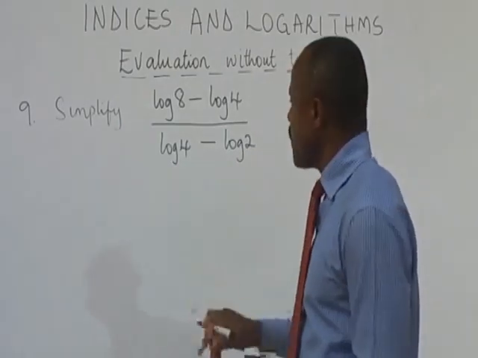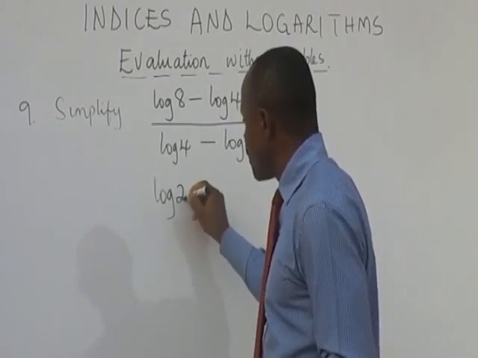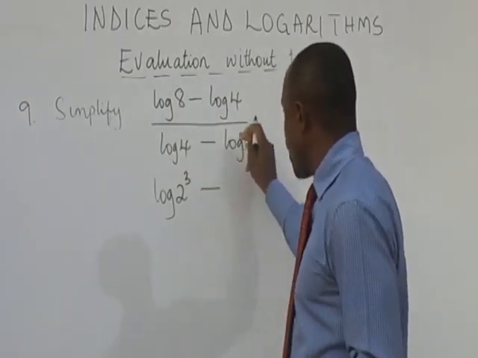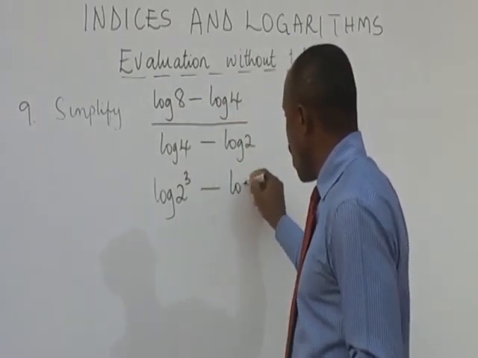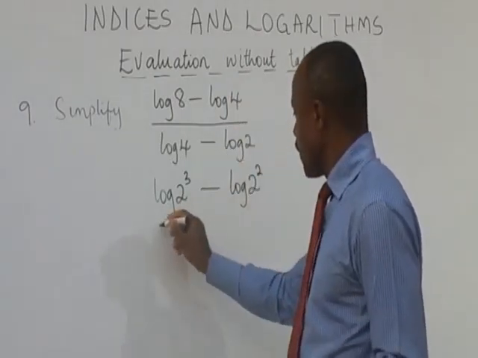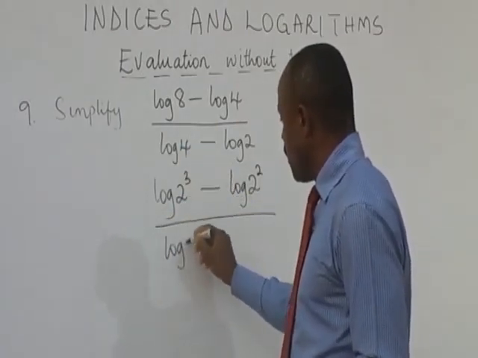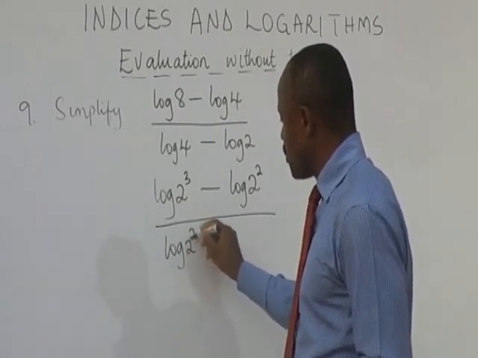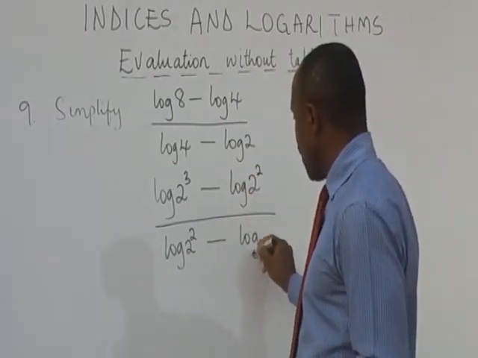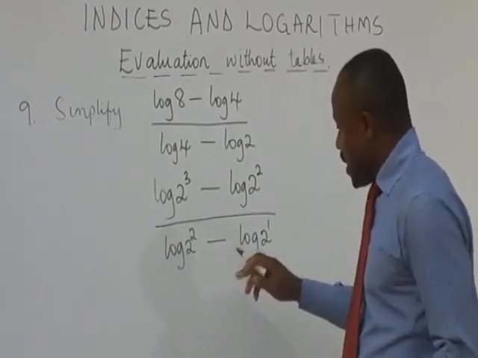What do I mean by that? Log 8 becomes log of 2 exponent 3, because 2 exponent 3 is the same thing as 8. Now minus log 4 becomes log of 2 exponent 2, because 2 exponent 2 is 4. Divided by log of 4, which will now become log 2 exponent 2, then minus log of 2 remains log of 2 exponent 1, if you like. What this means is